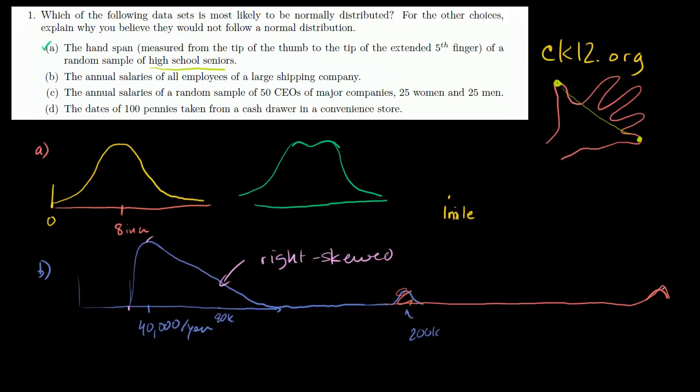Let's look at choice C, or problem part C. The annual salaries of a random sample of 50 CEOs of major companies, 25 women and 25 men. The fact that they wrote this here, I think they maybe are implying that maybe men and women, the gender gap has not been closed fully, and there is some discrepancy. So if it was just purely 50 CEOs of major companies, I would say it's probably close to a normal distribution. It's probably something like, well, once again, there's going to be some level below which no CEO is willing